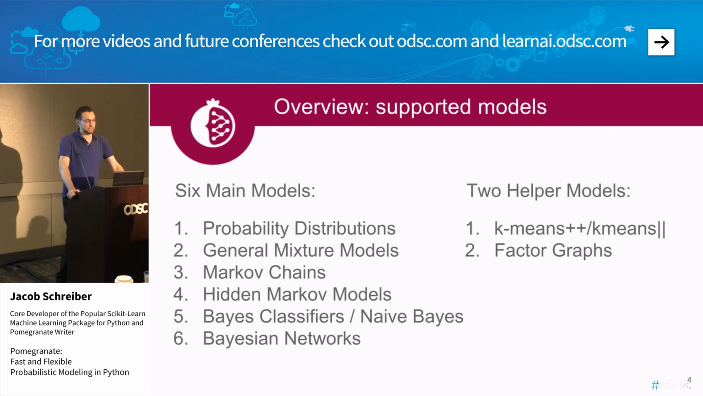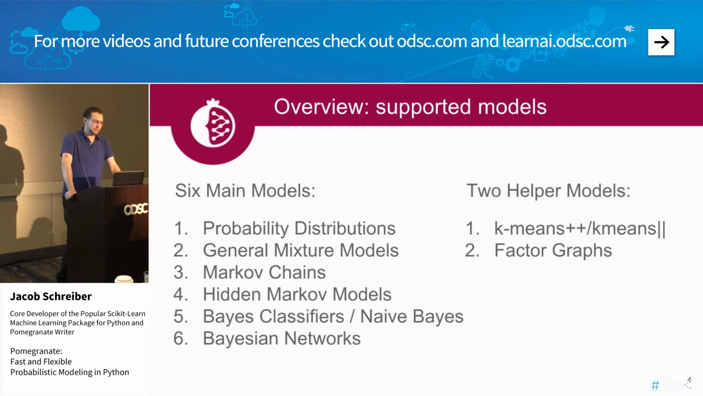So, to dive right in, there are 6 main probabilistic models that are supported in Pomegranate. The first are basic probability distributions, like the uniform distribution and normal distributions. Then we have mixture models, where you're combining multiple of these distributions in order to form a more complicated one. We have Markov chains, hidden Markov models, Bayes classifiers, and Bayesian networks, of which I'll talk a little bit more